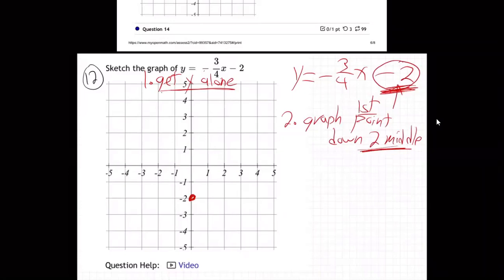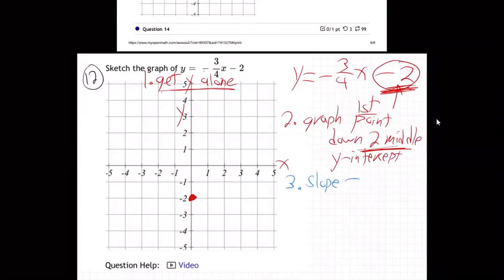It's called the y-intercept because it intersects the y-axis, right? This is the y-axis. This is the x-axis. See how this point right here is on the y-axis. Your straight line will go through the y-axis right at that point. It's the y-intercept point. All right, and then step 3,